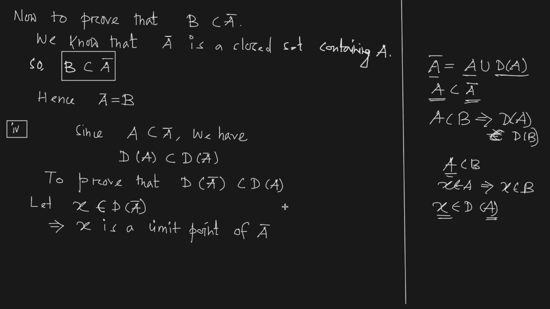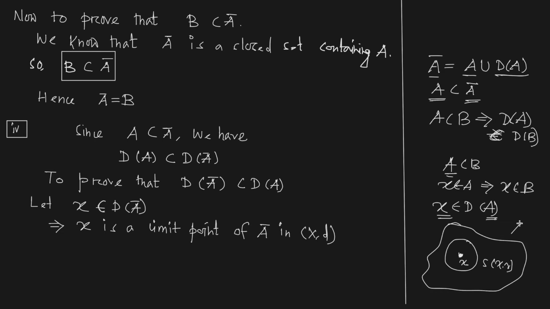Clear? A bar in the metric space X, d. ঠিক আছে, তার মানে কি x is a limit point of A bar, that means x পয়েন্টকে কন্টেইন করে, x পয়েন্টকে লিমিট পয়েন্ট ডেফিনেটলি x পয়েন্টকে কন্টেইন করে আমার একটা ওপেন স্ফিয়ার থাকবে, সেই ওপেন স্ফিয়ারটা সাপোজ দিস ইজ দ্য ওপেন স্ফিয়ার S of x, r, and that open sphere contained in A bar,